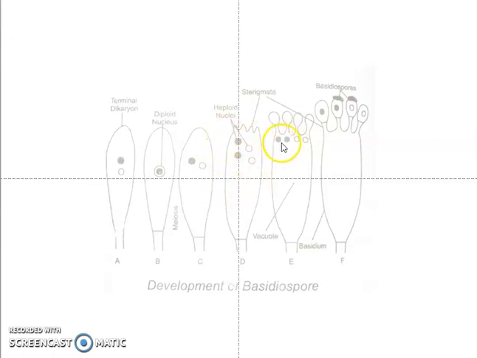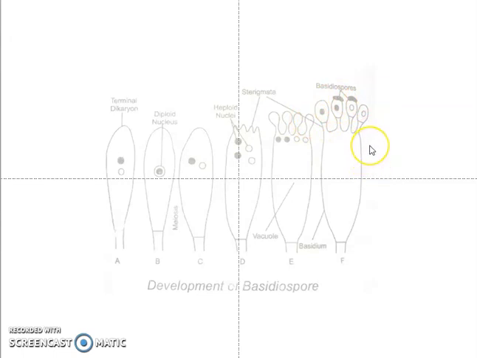These 4 haploid daughter nuclei will move on to the projections called sterigmata. See, from the tip of the club shaped mycelia or basidium, small finger-like projections will come, they are called sterigmata. Then from the sterigmata, they will become oval shaped to become a basidiospore. Each nucleus migrates to the spore, and finally a wall will be formed between the spore and the basidium. Due to formation of these small walls, the spore will become independent, and thus these bodies function as basidiospores.